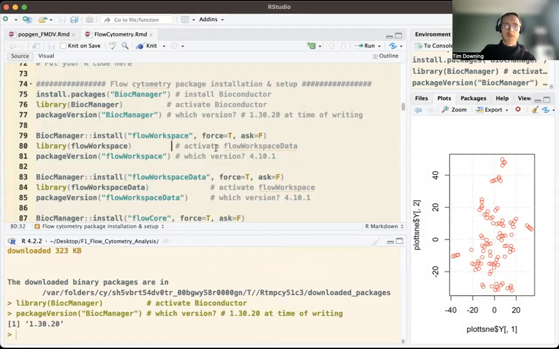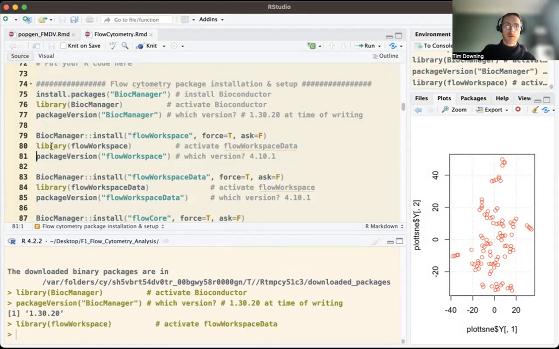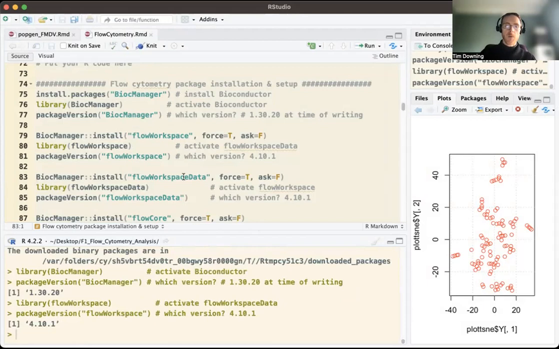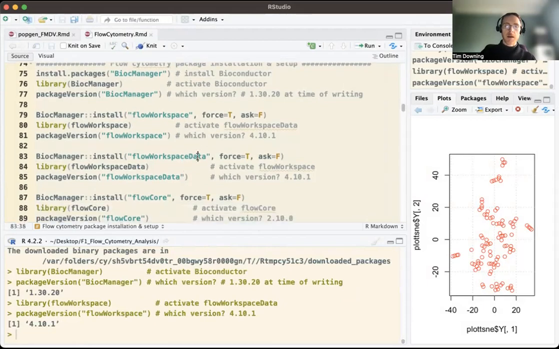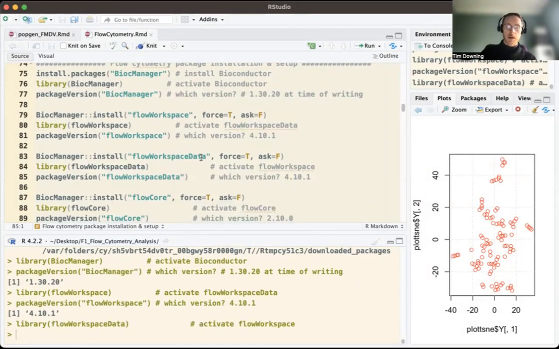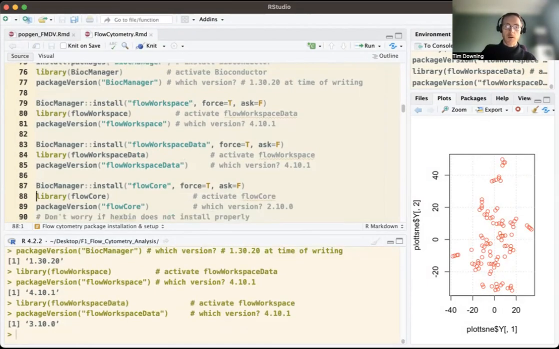We can also install flowWorkspace from the same package. So we're using BioC Manager to install that. We then activate that and check the package version. We can do the same for the flowWorkspaceData too, and check that that package is working and install that too. And the same for flowCore